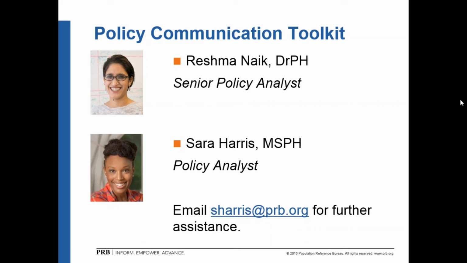Reshman touched on it briefly in her final slides, but the toolkit was created using family planning and reproductive health content and examples. But it's quite possible to apply these exact same skills from the toolkit to any policy content area.